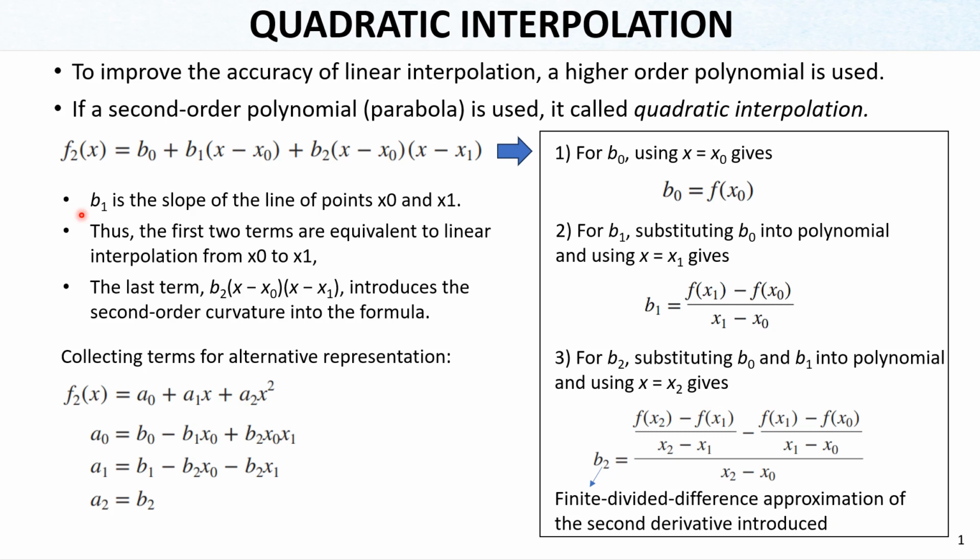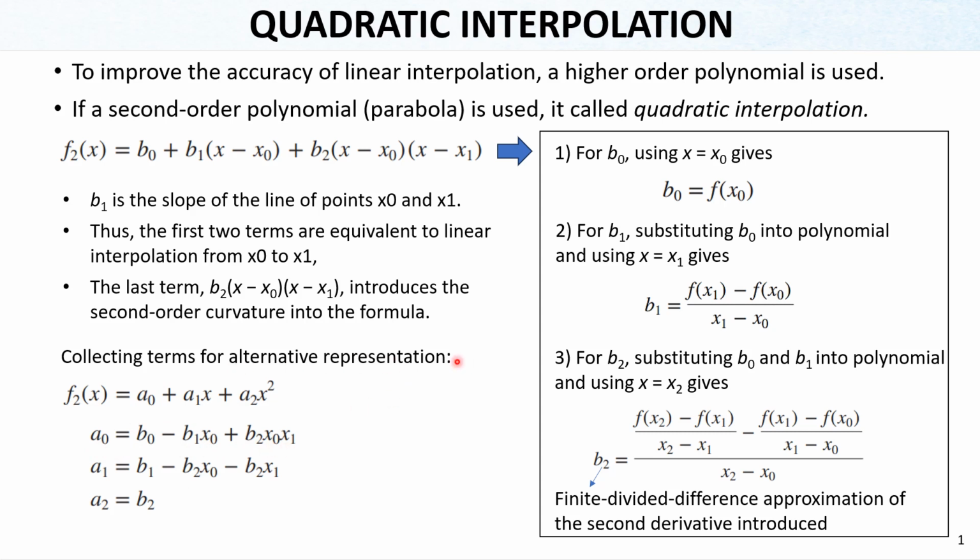And b1 is the slope of the line of the points x0 and x1 here. And therefore the first two terms are equivalent to linear interpolation. We know that this is linear interpolation, then we add this to have the second order interpolation. And the last term introduces the second order curvature into the formula, this one. We can collect the terms by stating that a0, a1, a2 x squared, and this a0 means actually this one,